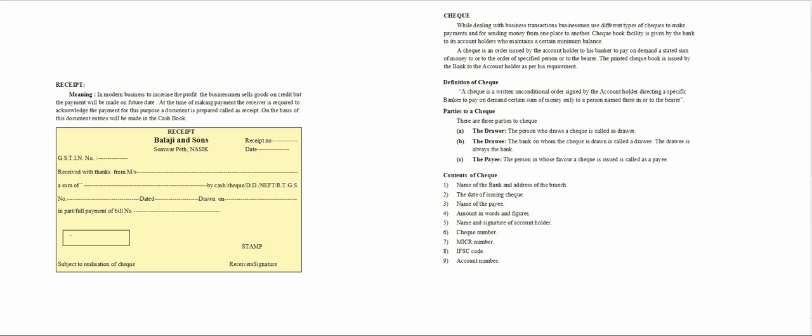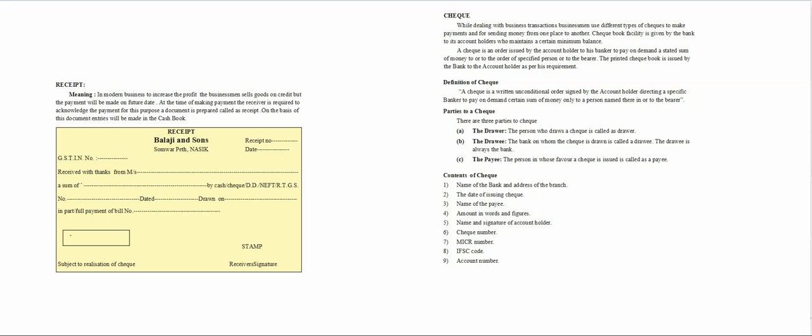Now see what contents come in it. Name and address of the receiver, meaning the payee, serial number of receipt, date of receipt, name of the party from whom amount is received, reason such as amount received against bill, donation, fees, subscription, etc. Amount in figures as well as in words, mode of payment, whether paid in cash or by check, revenue stamp of ₹1 if the amount exceeds